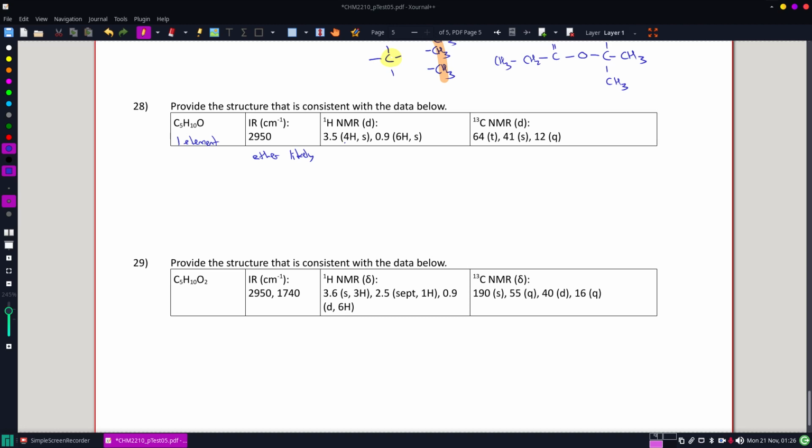Alright, so I have 4 hydrogens and 6 hydrogens. So 4 hydrogens, a singlet, a pair of equivalent and lone CH2s. And this is a pair of equivalent and all by themselves CH3s. Okay. Those are equivalent. So when I build it, they gotta look exactly the same when it's all together. And another plus, that singlet is a carbon with 4 bonds. Okay, so this carbon with 4 bonds,